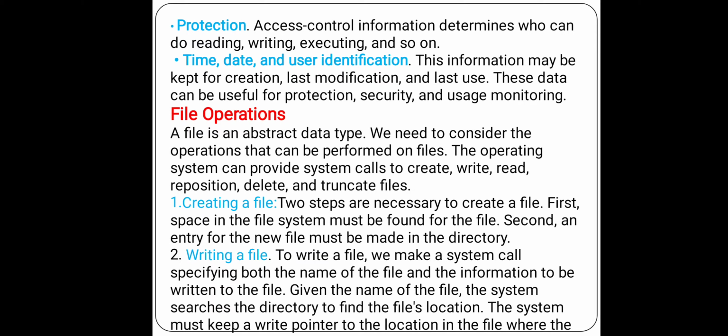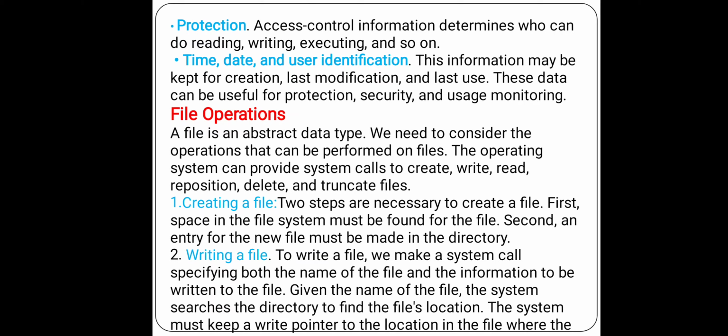So only people who are authorized are able to read or write or execute or do anything on that file, right? So that is about protection. Or simply you have to protect your file by putting a password or security. It's like that.